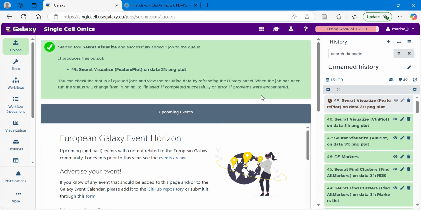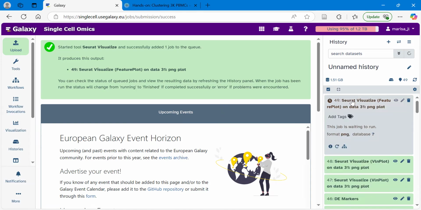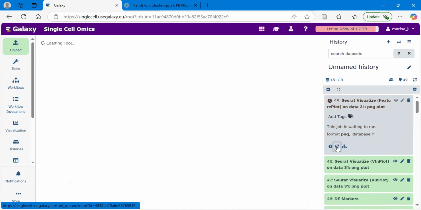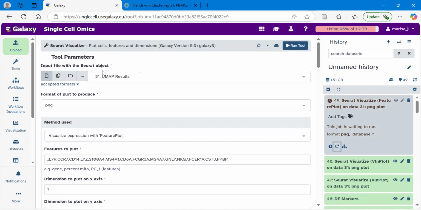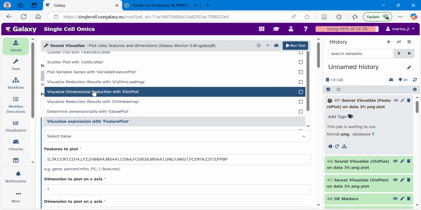And this is just showing that there are 2 different plots here that you can use to identify which clusters are expressing these canonical markers. So let's click on that Seurat Visualize, click the rerun arrow to open up the tool again. We want to input the UMAP results. We want to change the method used to